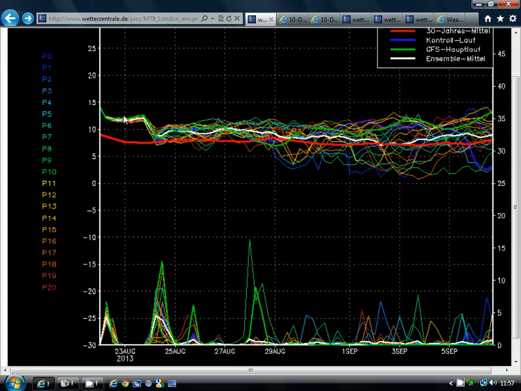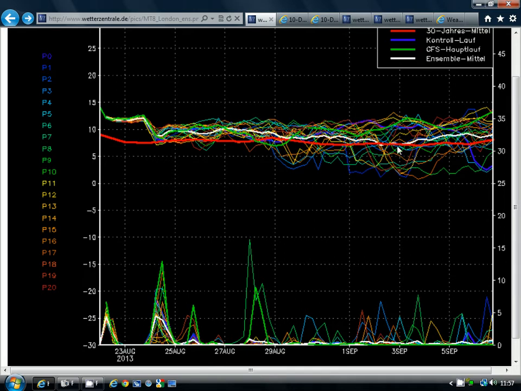We could get back up into the 80s Fahrenheit, but notice as we get through to around, say, the 24th of August, those temperatures start to decline, although they're still generally staying above the red line, and we actually keep the ensemble mean, which is the thick white line that you can probably make out, above the red line for some days to come, actually into the start of September, and then by the time we get through to early September, we get a lot of scatter.